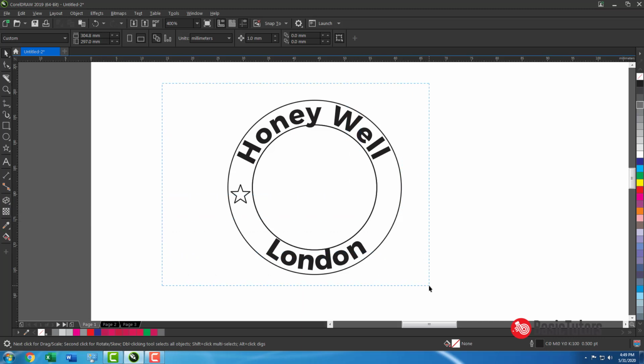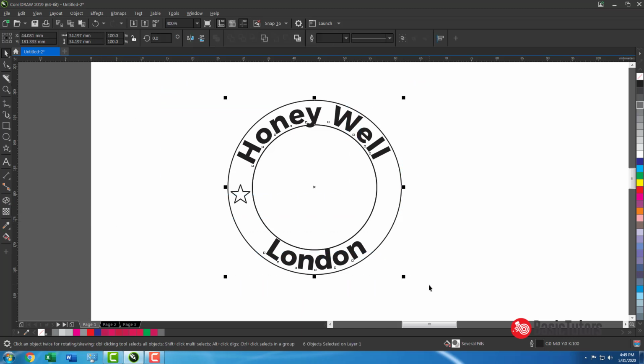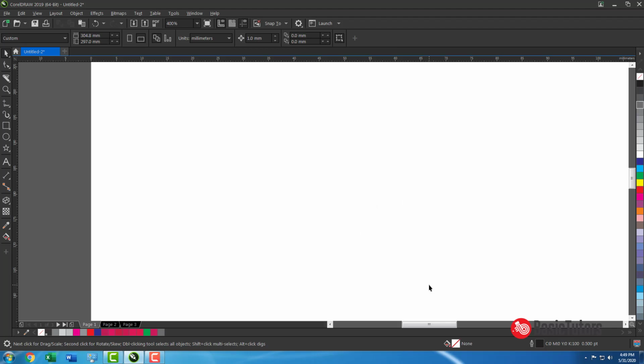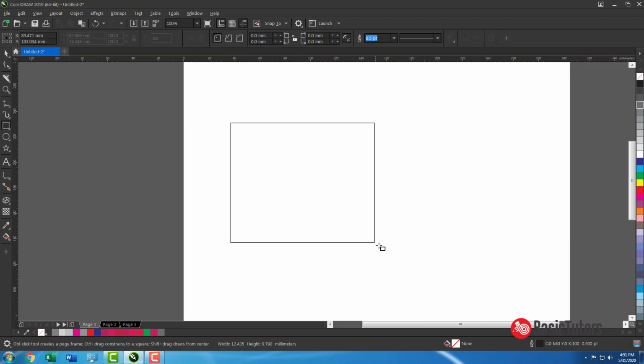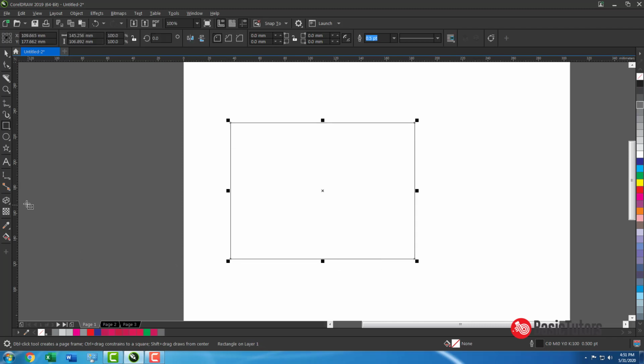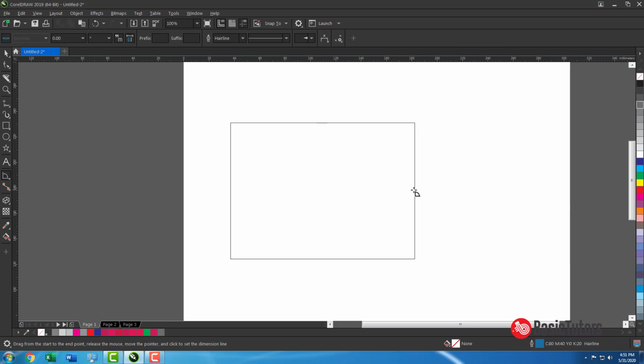This is all about our text tool. Next we move to the dimension tool. You can check the angular dimension. Draw a rectangle, then select the angular dimension tool.